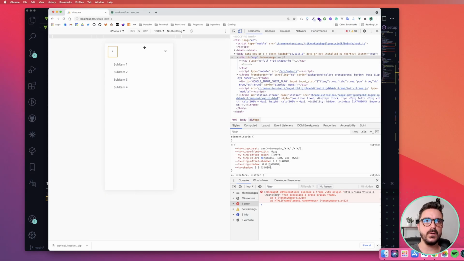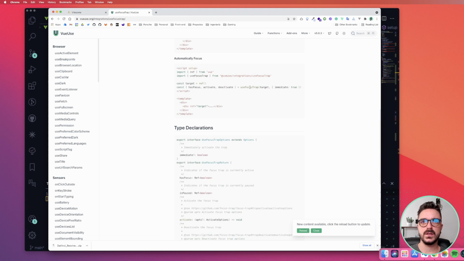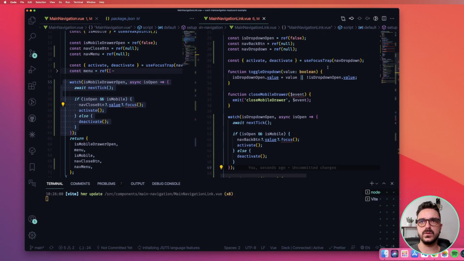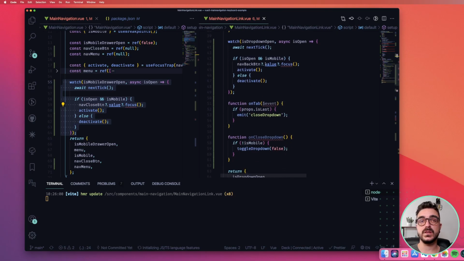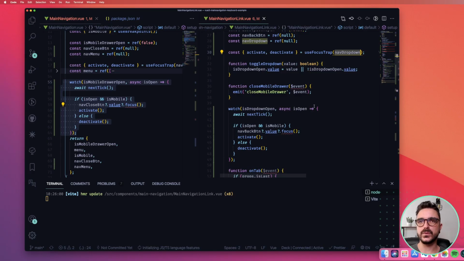So you can see how powerful a focus trap is using the composition API, that you can activate it and deactivate it whenever you want. Like here, and you can pass whatever wrapper you want for the focus to be trapped on. So really, kudos to the maintainers and the creators of this integration for focus trap on Vue. It's really helpful for achieving good accessibility on main navigation. And that's how you can improve your main navigation accessibility features with Vue and the composition API, especially with the integration of focus traps.